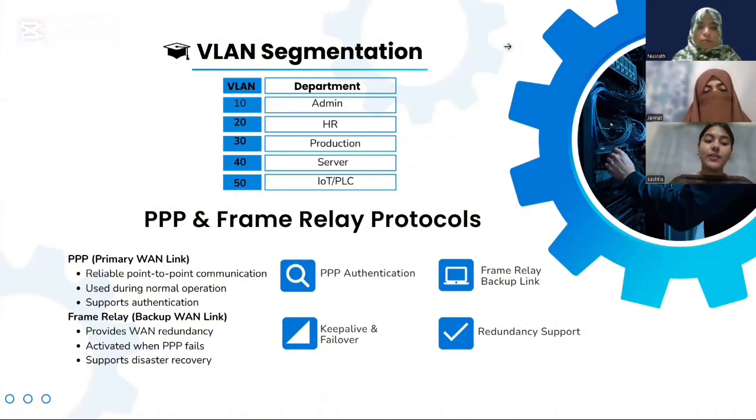Here, the first thing we have is VLAN segmentation. There are 5 VLANs for 5 different departments. VLAN 10 goes for admin, 20 goes for HR, 30 goes for production, 40 goes for server, and 50 goes for IoT or PLC. Now we are